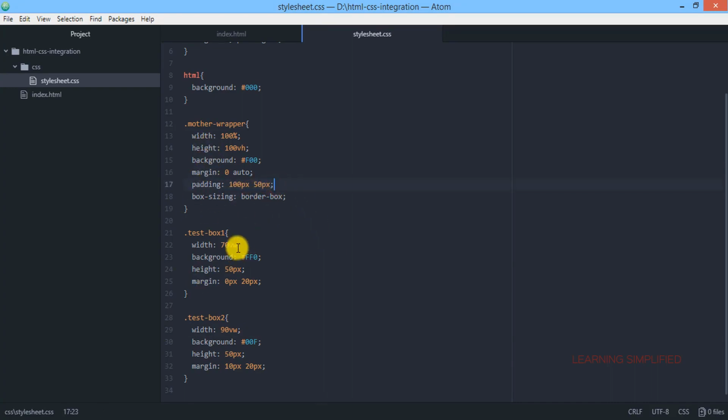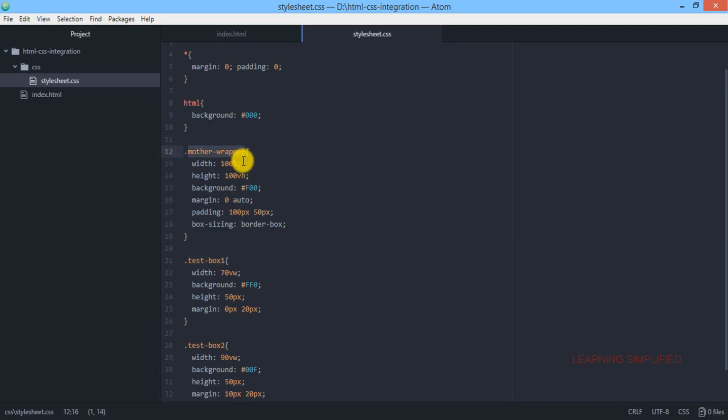We have announced that the child element text box 1 should be at a width of 70 viewport width. This is the point that I need to focus on: we have used a width of 70 VW and another width of 90 VW in case of the child elements text box 1 and text box 2.